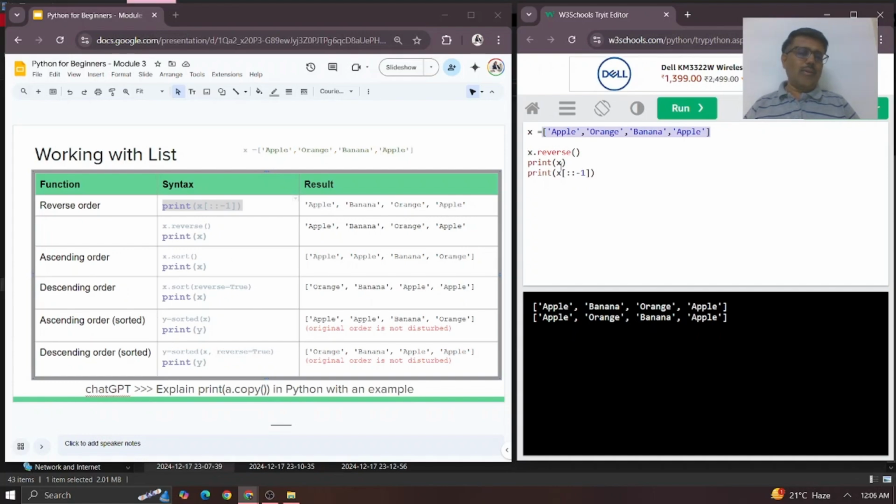So you need to always remember that. That's why I purposefully gave it here. Because once it is reversed, the items in the variable are already in reversed condition. With sorted, the original order does not get disturbed. Now let me take